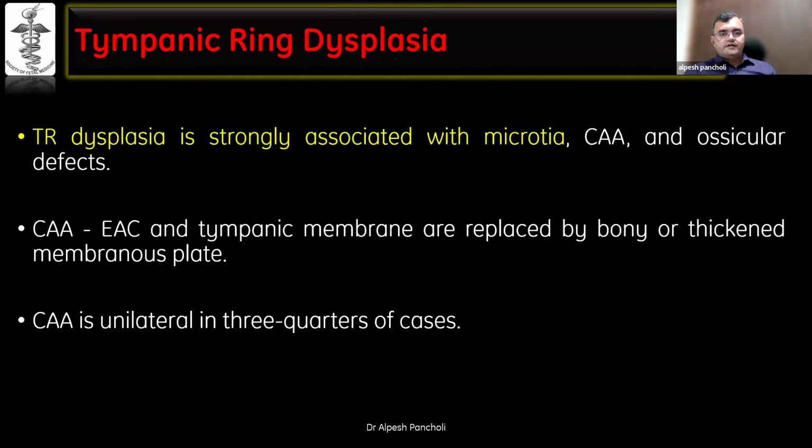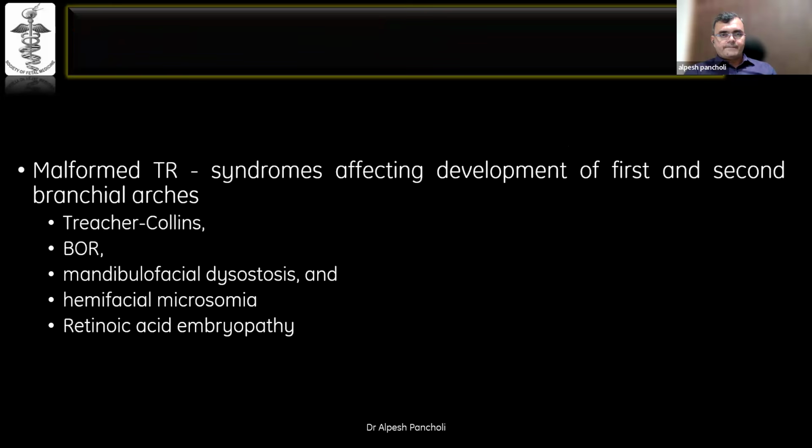It is unilateral in about 3/4 of the cases. Malformed tympanic ring, or tympanic ring dysplasia or aplasia, is associated with syndromes which affect the development of the first and second branchial arches, like Treacher Collins syndrome, branchio-oto-renal syndrome, mandibulofacial dysostosis, hemifacial microsomia or Goldenhar syndrome, or even in